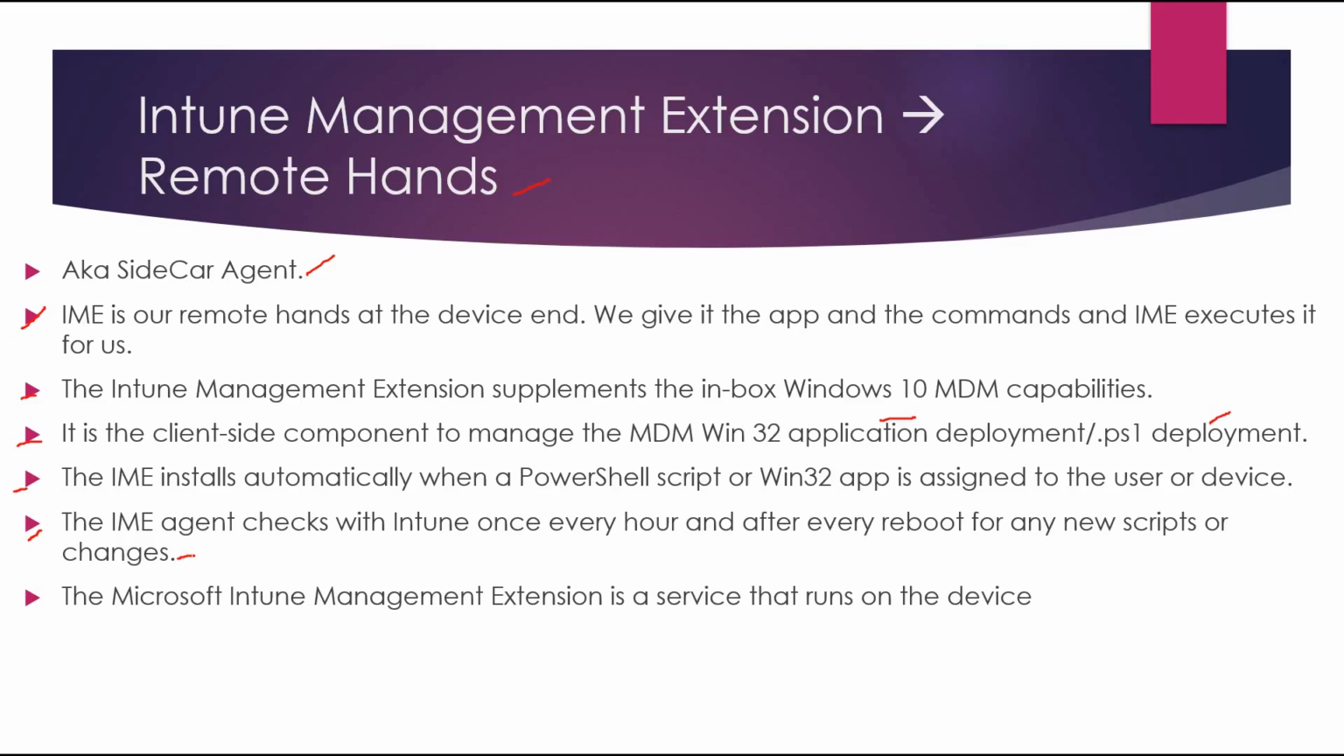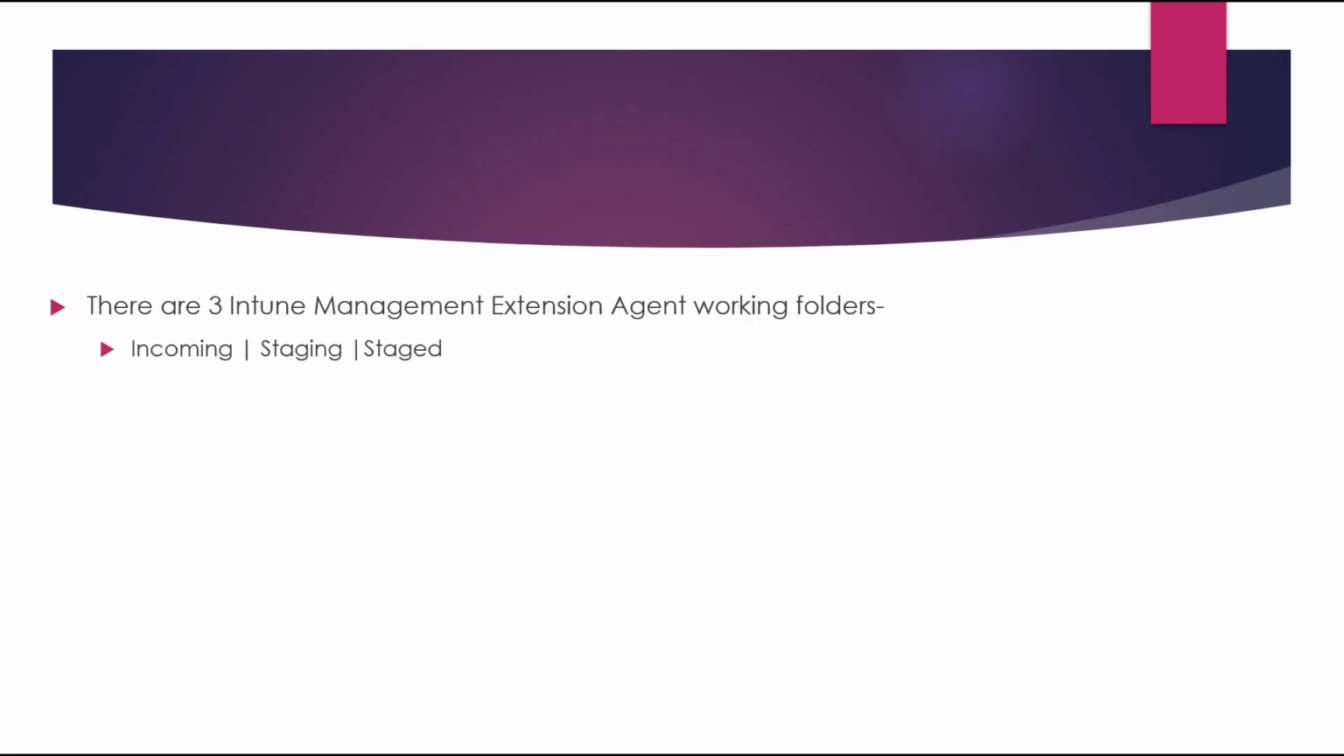And if there was any new Win32 application that was deployed, or any changes were made, or any PowerShell script that was deployed, it will grab that policy body. So the IME agent will grab the policy body from the Intune service and then it will do the needful. And then there is a service called Microsoft Intune Management Extension that is the one responsible for all the processing with respect to IME. Okay. So,